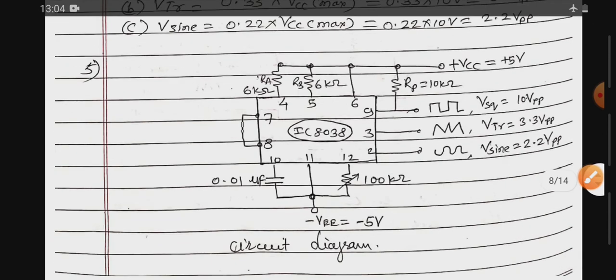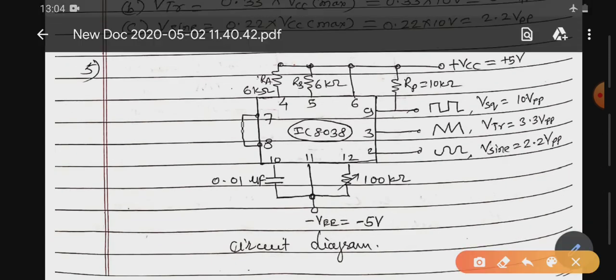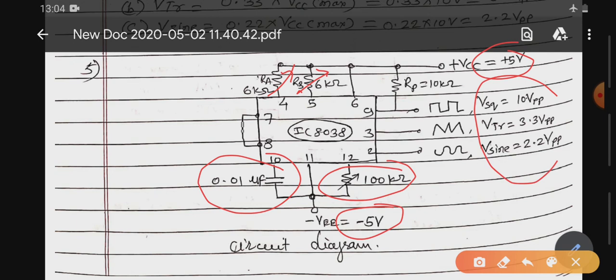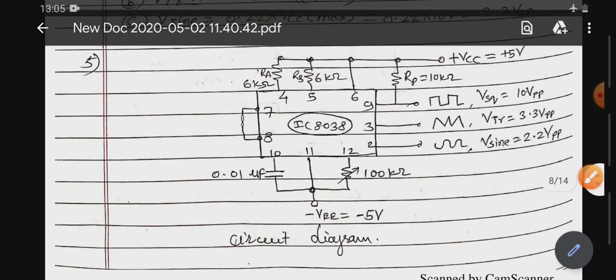And finally draw the circuit diagram. So again, one more correction here, these two are variable. Okay, variable resistors, Ra and Rb are variable resistors with 6 kilo ohm value. This capacitor value we have selected as 0.01 microfarad. This is the fixed value 100 kilo ohm, minus VCC supply there, plus VCC supply there, and we have calculated the amplitudes of these three waveforms, and we have selected this pull up resistor value. So this is the complete circuit diagram, very simple. It can be asked for 7 marks. Okay, 7 or 8 marks.